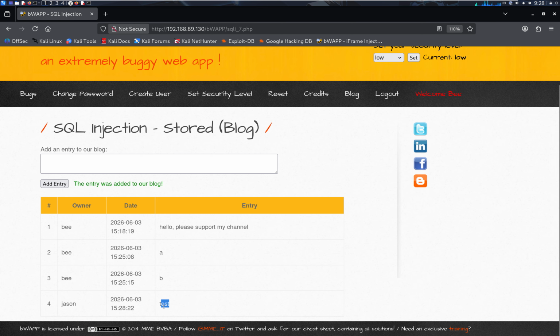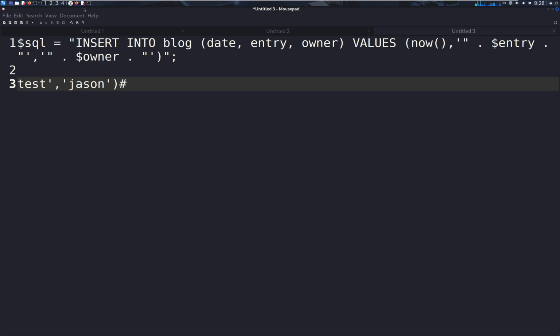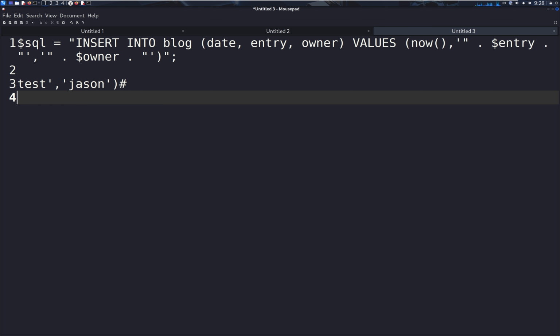We can try to enumerate like a username, database name. So how to do? Let me go back to the notebook. Let me copy this payload. Next, we can construct the second payload. And here, we can use the select, like select user,